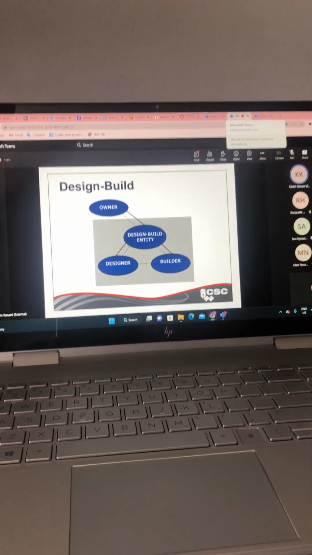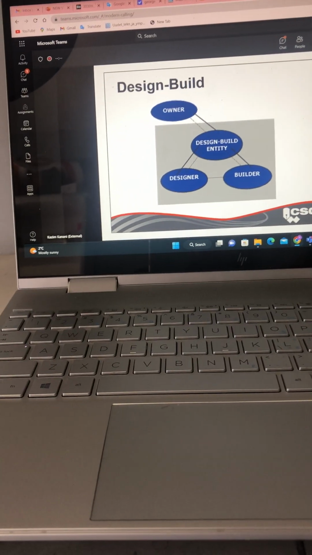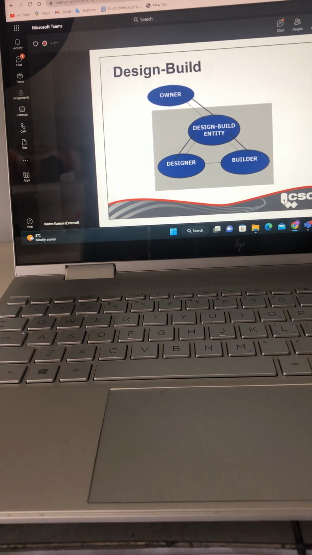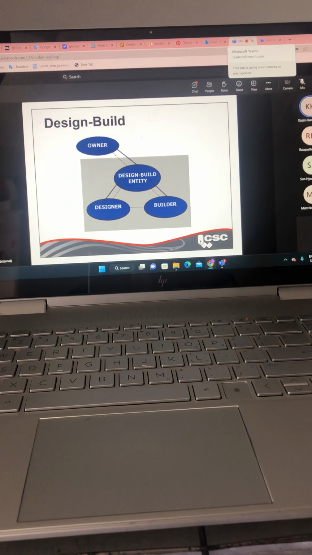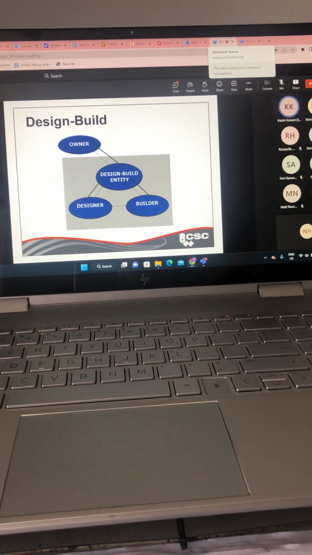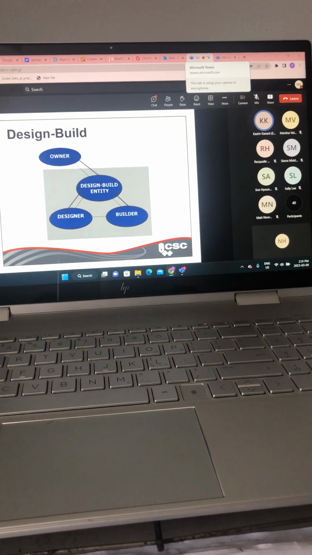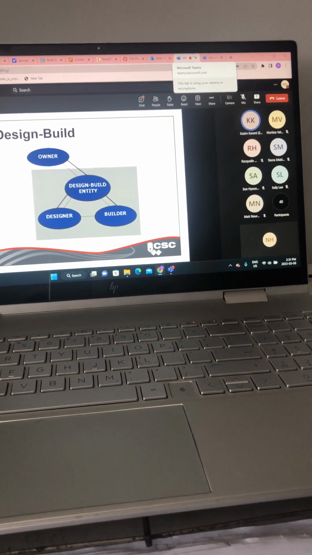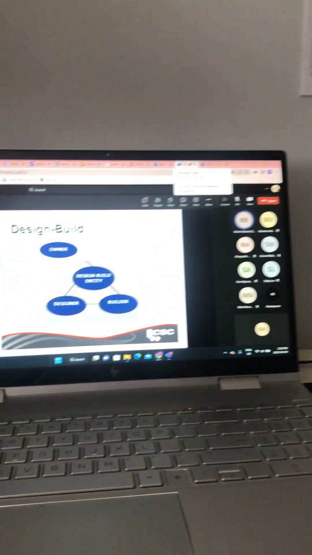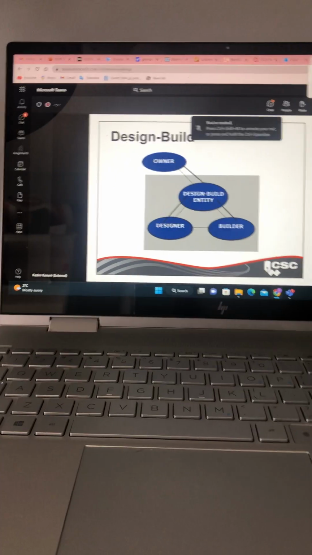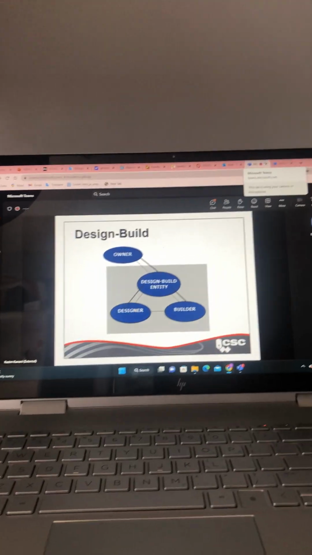Then we get into design build. When you have design build, the owner hires a design build entity to design and build a project for a set price based on a statement of requirements. The design build entity is commonly a construction firm that would subcontract the design to consultants who would be retained by the design build entity. The builder and the designer may also be part of a single integrated design build firm, or possibly a joint venture of design and